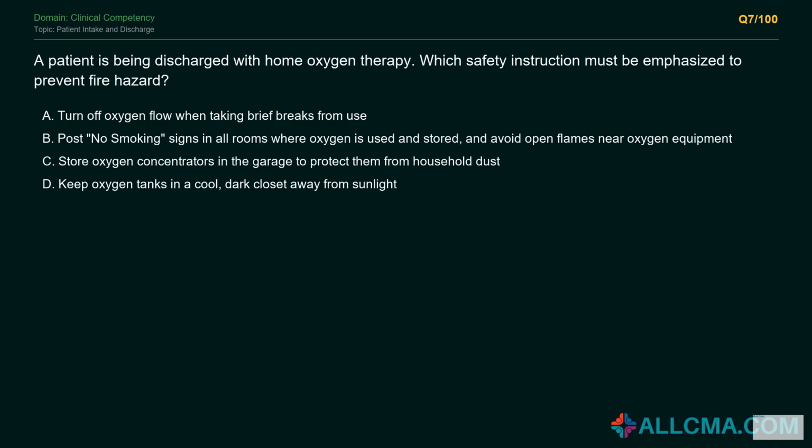Question 7. A patient is being discharged with home oxygen therapy. Which safety instruction must be emphasized to prevent fire hazard? Option A, turn off oxygen flow when taking brief breaks from use. Option B, post no smoking signs in all rooms where oxygen is used and stored, and avoid open flames near